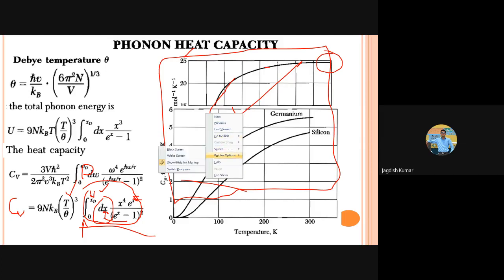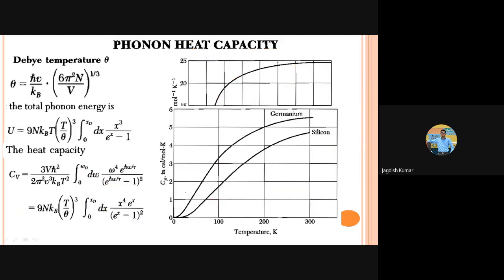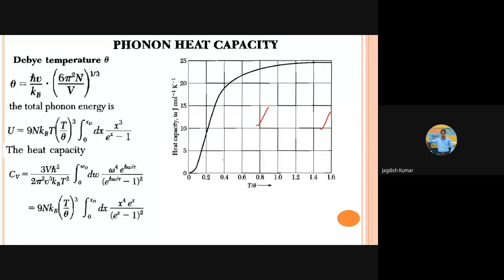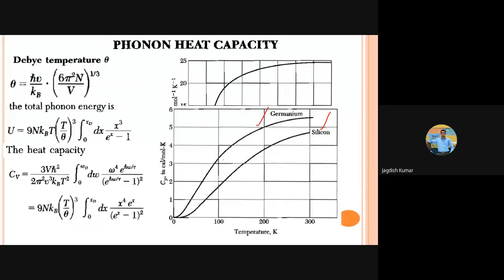So these are the measurements for silicon and germanium, the variation of specific heat at low temperature. You can see the curves are matching very much. Now the difference among the curves is in terms of the Debye temperature. Debye temperature for germanium may be different from that of silicon, so that is why the two curves are not matching. But ultimately it should come out to be of this particular shape, and that is what is coming out.